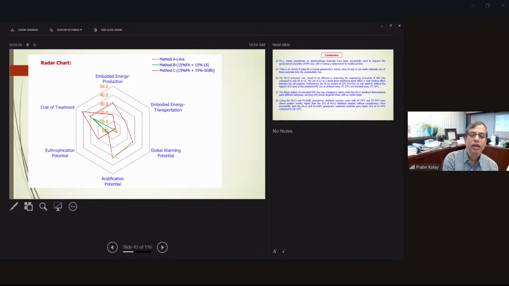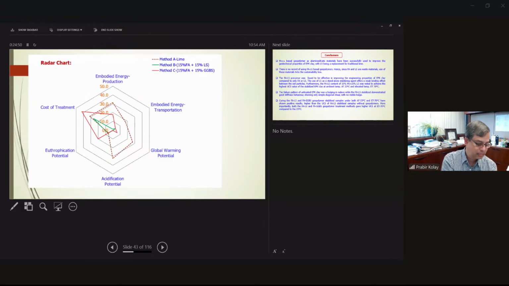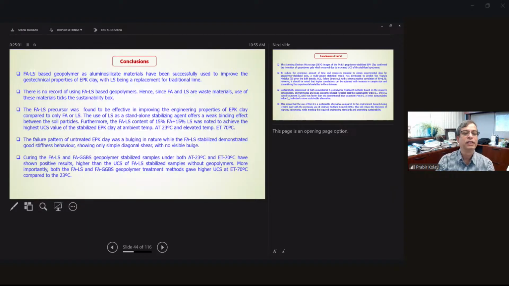Okay, so again, you need to calculate all this weighted index. We can use the data from the sources I mentioned, and you can calculate these different indices: the resource consumption, environmental impact, and socio-economic impact. And finally, you get a graph like this. From there, you have an idea what type of stabilizer is most suitable from the sustainability point of view. And then the conclusion from the study is basically that the lime, fly ash, and lime sludge geopolymer